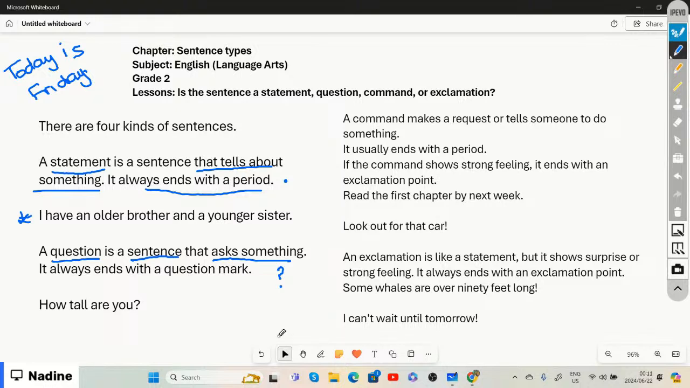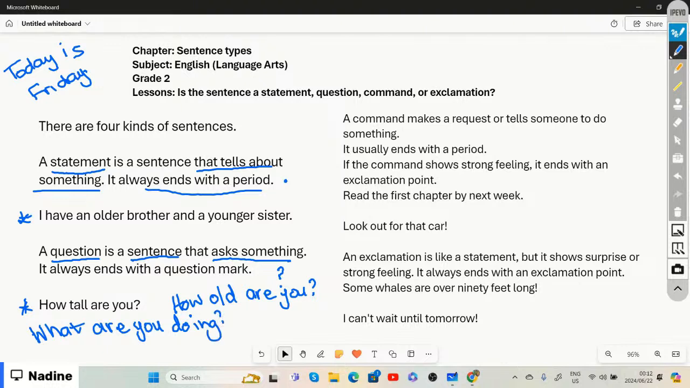And if we look at questions, a question can be any question that is being asked. It's like asking, how tall are you? Or you can ask, how old are you? That is also a question. Or another question would be, what are you doing? That is a question that is being asked. Or even if you ask, how was your day? That is a question,